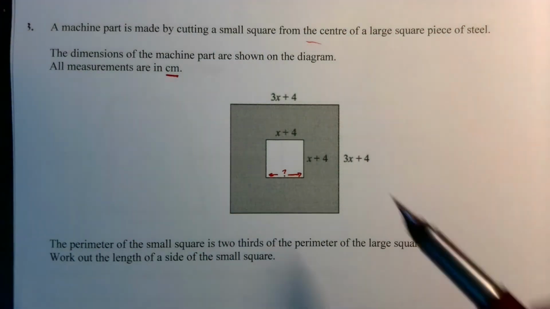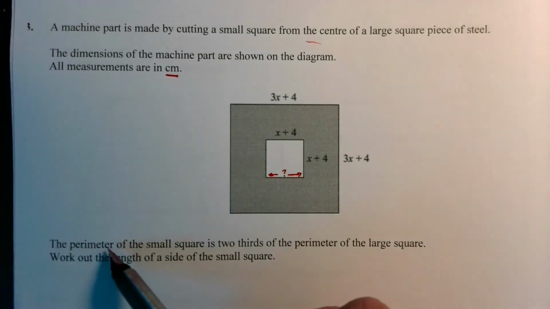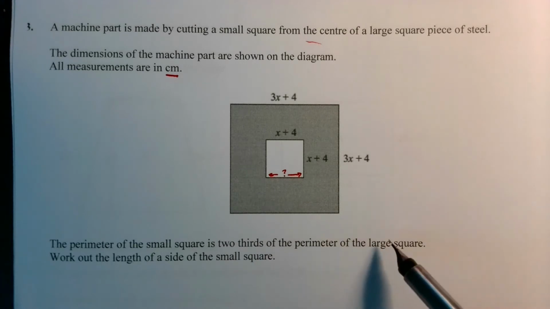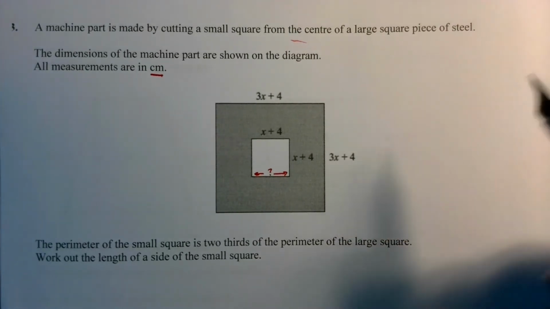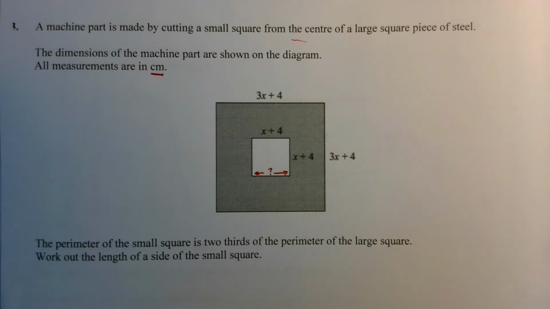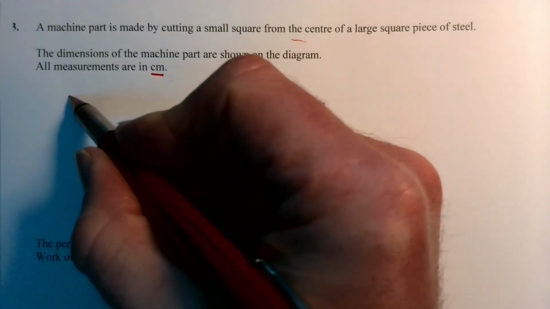But to be honest, that's not so important. The important bit is the perimeter of the small square is 2/3 of the perimeter of the large square. And then they say work out the length of a side of the small square. Well, what the flip, you might think. Well, it's possible. The first thing to do is think, well, we've just done writing down the perimeter of one of these. So the small square,